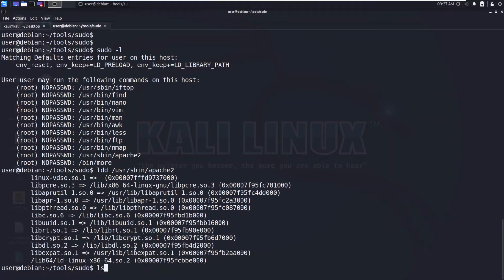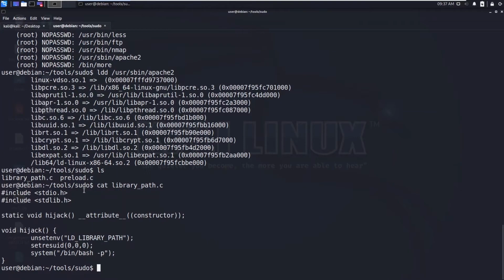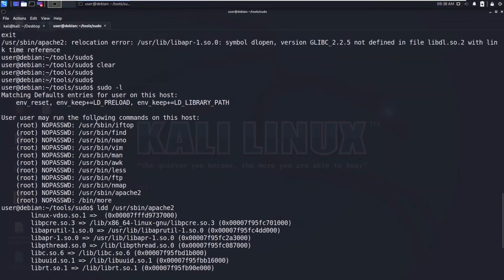Alright, now in this directory we have two files, preload.c and librarypath.c. So let's see this one. You can also get these files by googling. You can search for LD_LIBRARY_PATH privilege escalation, and you will get this code. So this is the function, and we are unsetting the variable LD_LIBRARY_PATH. You can see here at the top